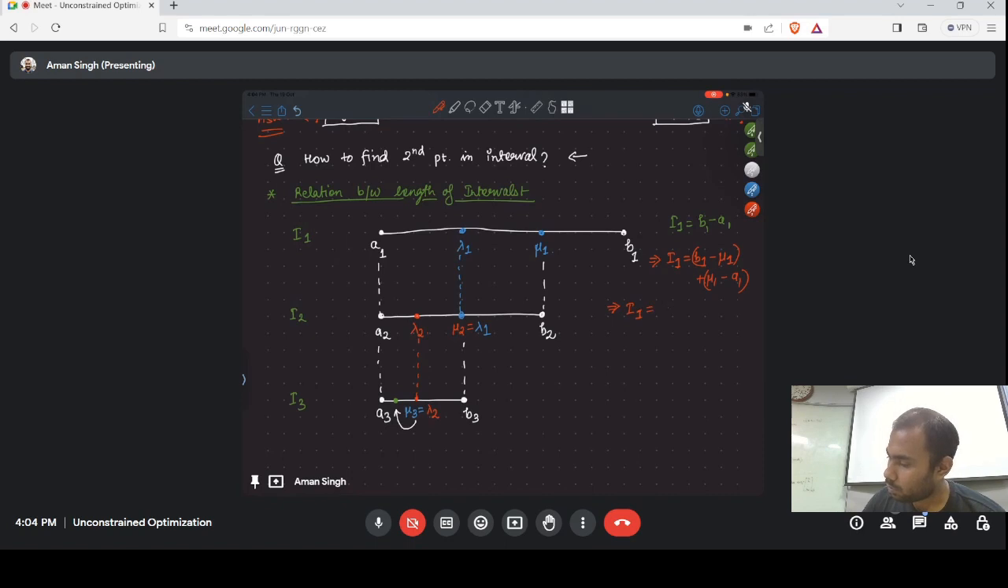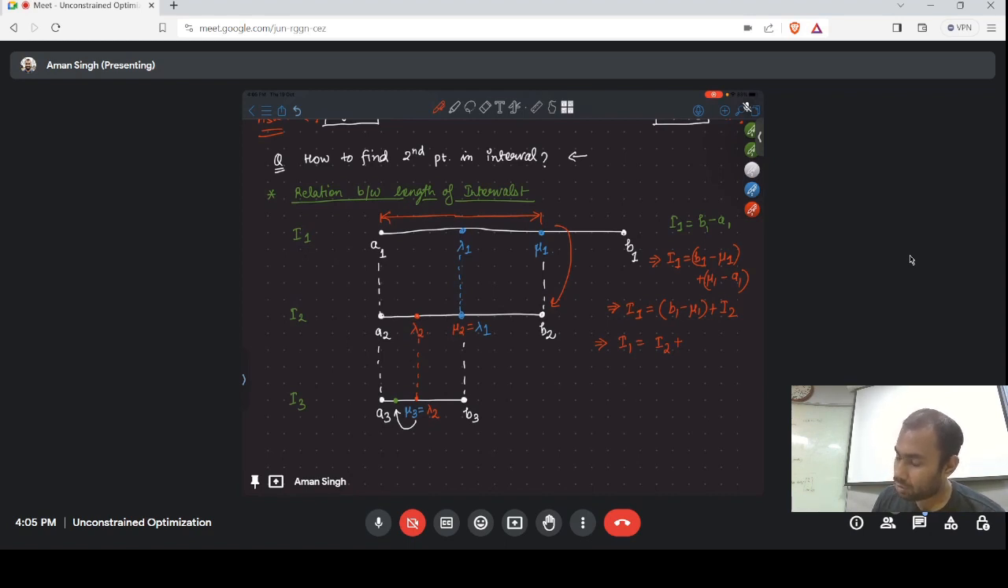I1 is equal to B1 minus mu1, and mu1 minus A1 is the same as the interval 2's length. So we can write it as the length of interval 2. Now B1 minus mu1 can be written as,